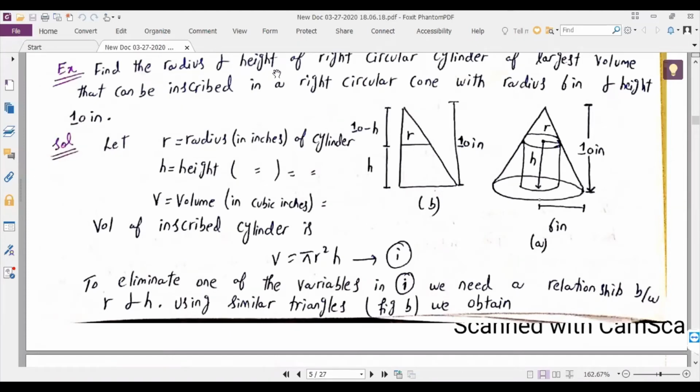Find the radius and height of the right circular cylinder of largest volume that can be inscribed in a right circular cone with radius 6 inches and height 10 inches. Now,